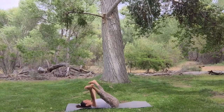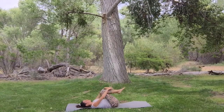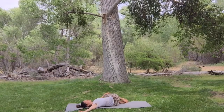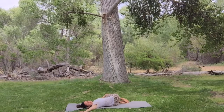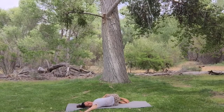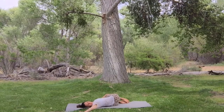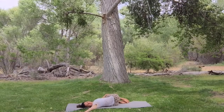Bring your legs together. Bend the knees. Bring the knees over to the left. Come into a gentle spinal twist, keeping the back of your right shoulder down on the mat as you twist. Come out of the twist by